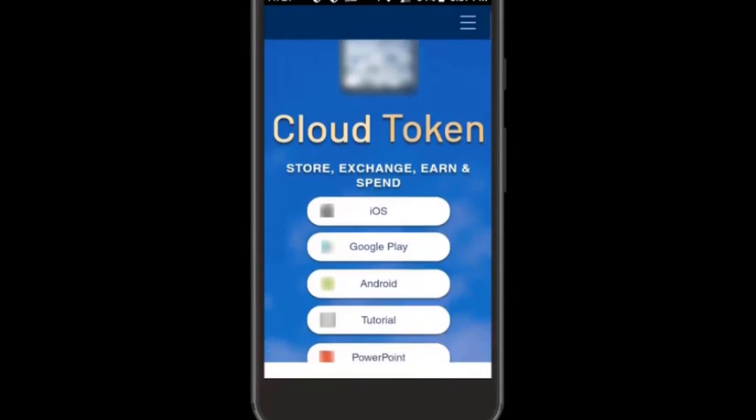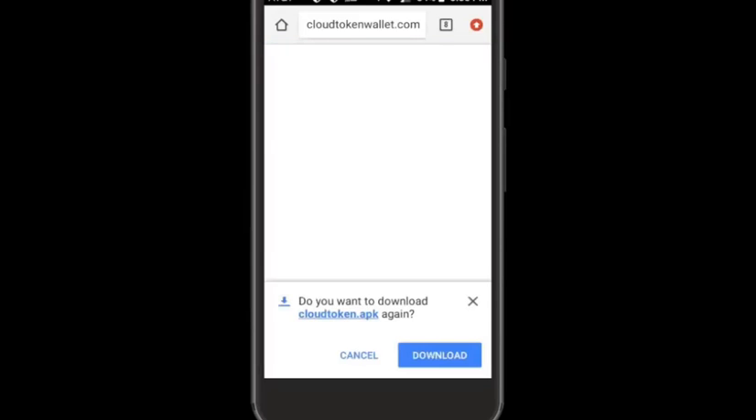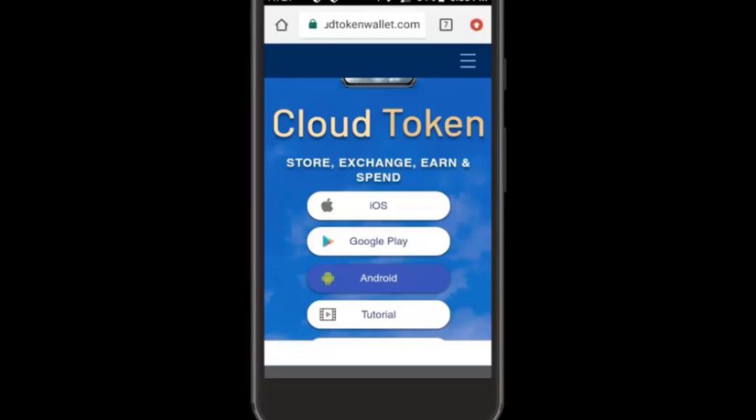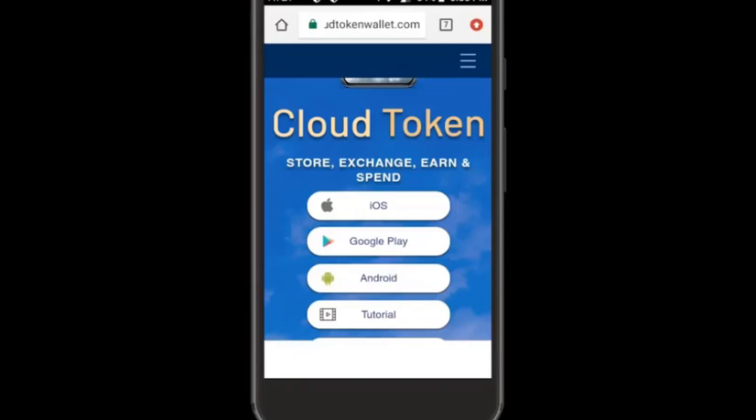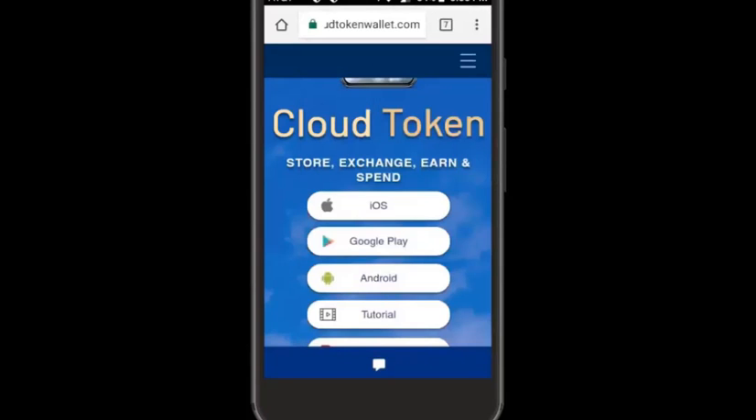So you click on that, it'll take you to CloudTokenWallet.com, and in this case it's Android. Update the version, download. If for any reason at all you have a problem with the download, okay, now it says it's downloaded and it's going to allow me to open it, but if that had been a problem, I could go to the up arrow, whatever is on your phone that's in the upper right, because it varies by phone. You can go down to downloads, and when that screen opens,